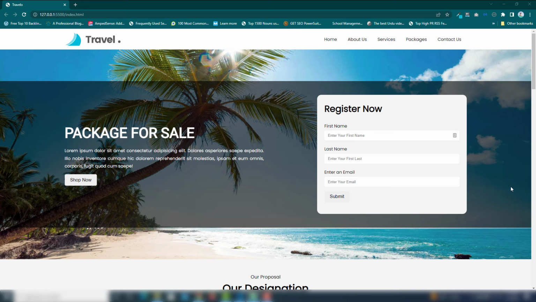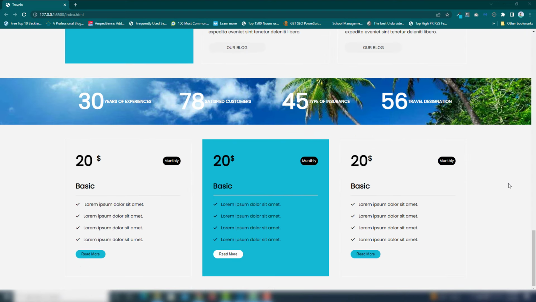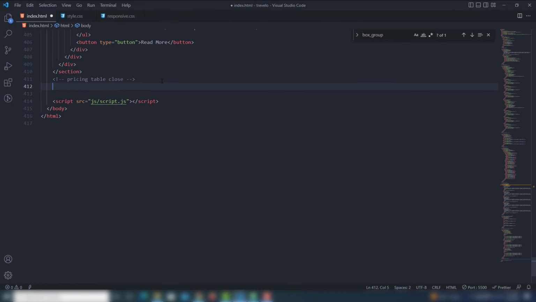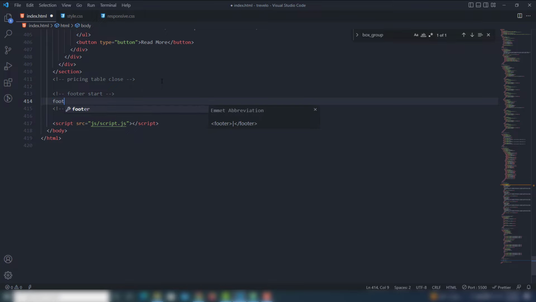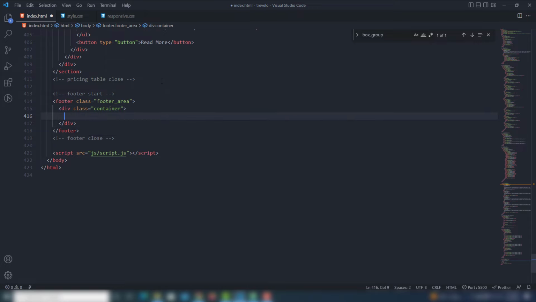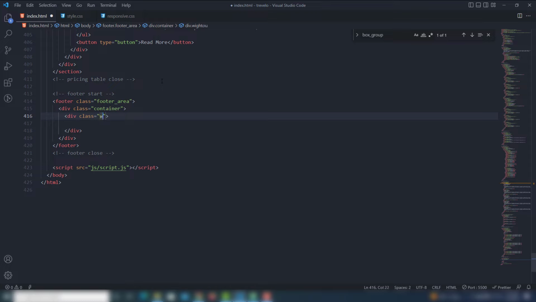Hey guys, in this video we're going to discuss all about how we can add the footer. So I go to my code editor and go to index.html and I'm going to write footer start. Inside the footer I'm going to write the footer class. Assign a footer area, write the container, then we're going to create a without background,